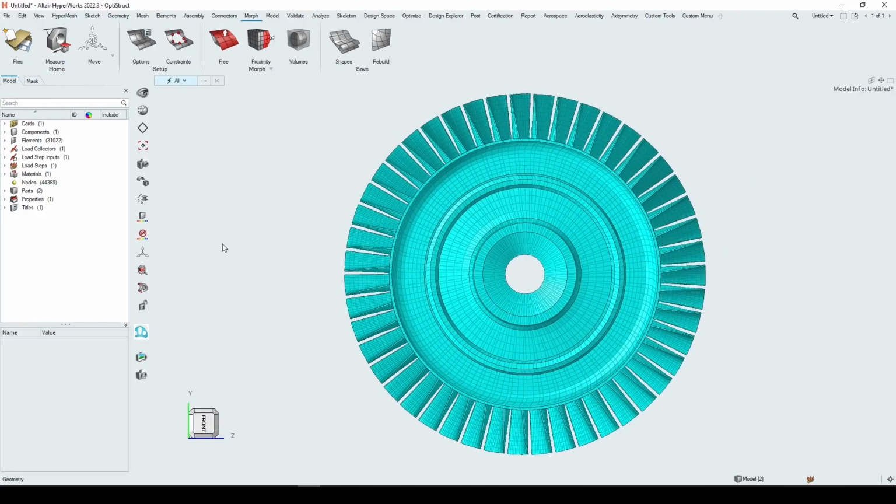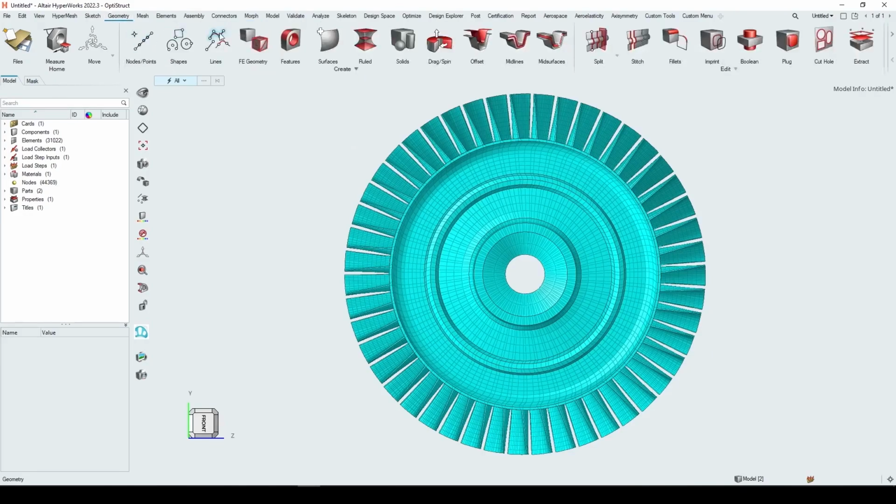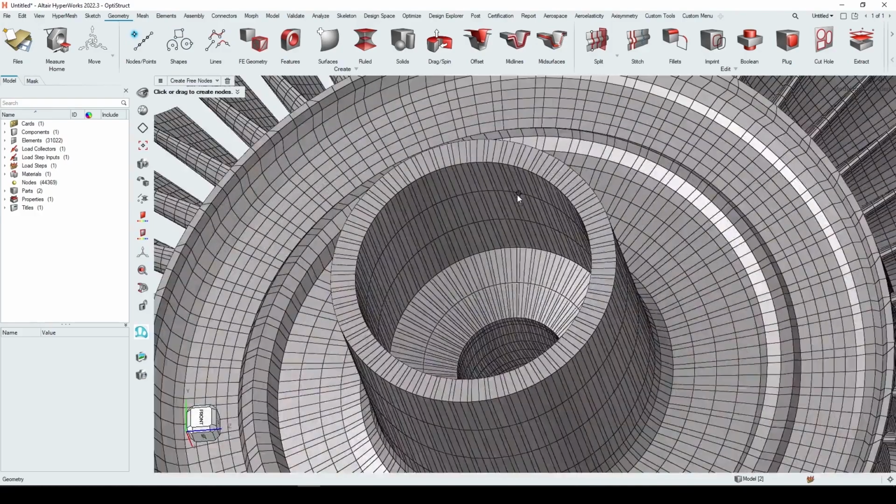The first thing we need to do is create a cylindrical coordinate system in this model. First of all, we're going to create a node at the center of the model using the control key and clicking 3 points